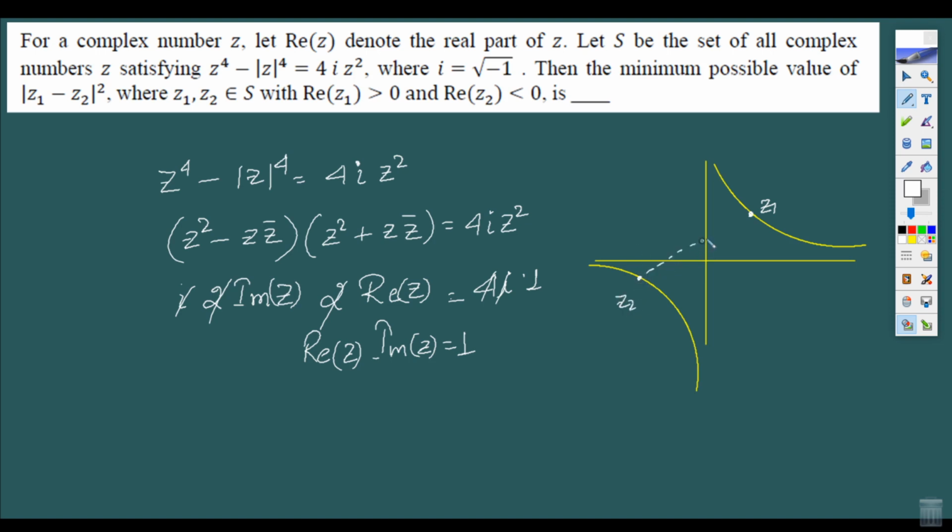The distance between these 2 points is to be minimized, which obviously happens along the common normal, and with the properties of rectangular hyperbola, this is pretty evident that this will happen when it passes through the origin and is the common normal, which this point would come out to be 1, 1 by symmetry. So the half length is root 2, so that means the minimum length of modulus of Z1 minus Z2 is this full length 2 root 2, and of course the square of this is the square of 2 root 2,